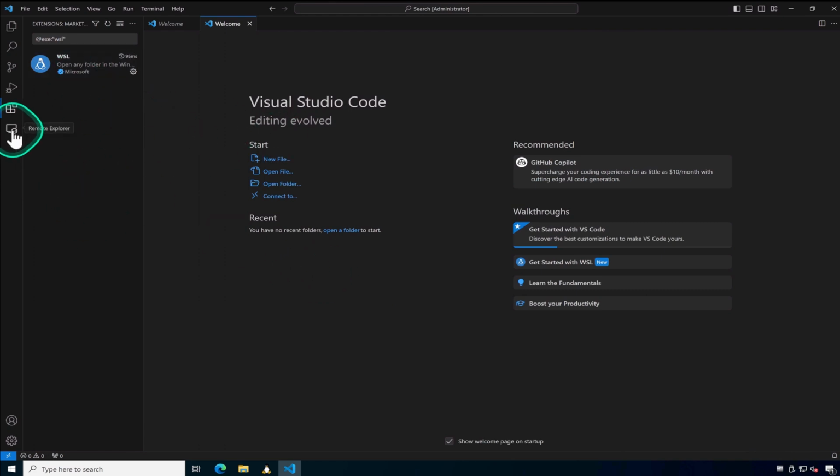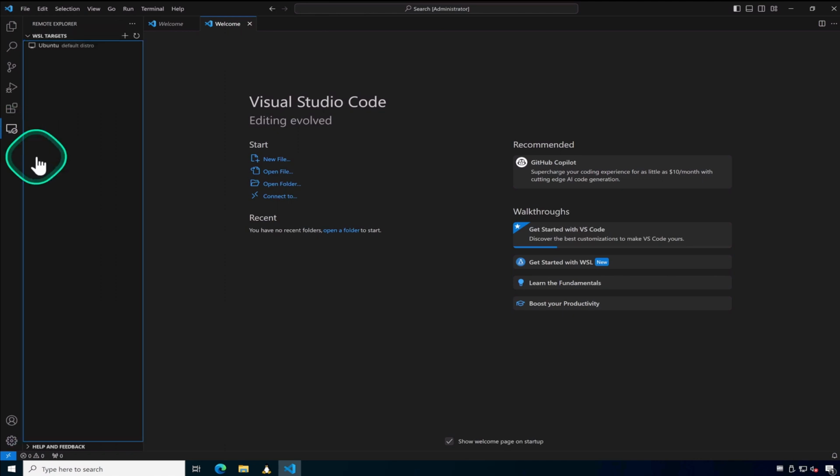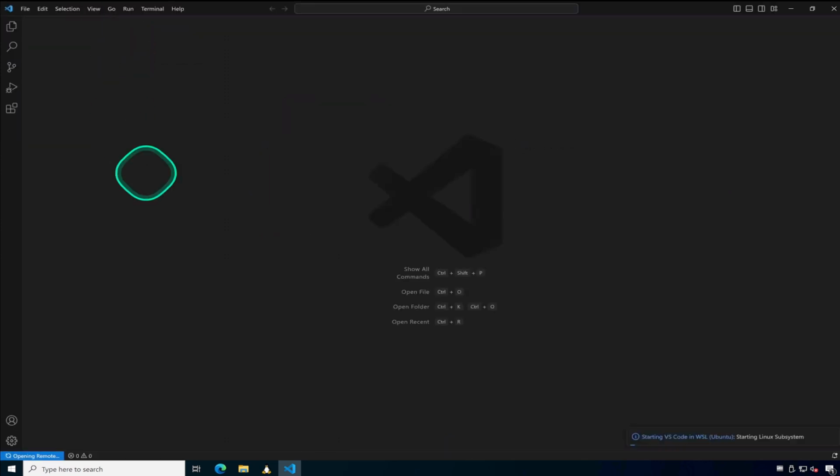It is installed. You'll notice this new icon here, Remote Explorer. We'll go ahead and click on that. It already knows that we have Ubuntu installed in WSL, so let's go ahead and click it, and then click the arrow here to connect. You'll notice here, starting VS Code in WSL, it's going to go ahead and set up the code server. It'll do that the first time you connect,